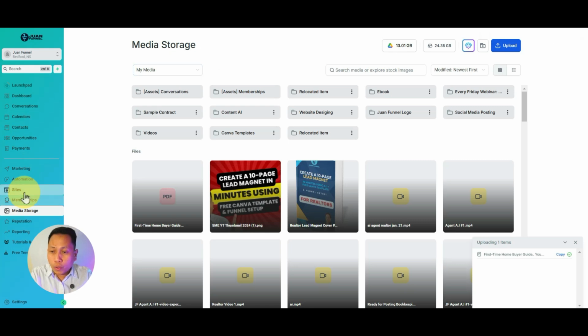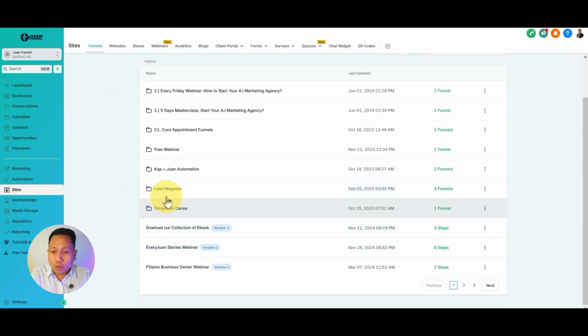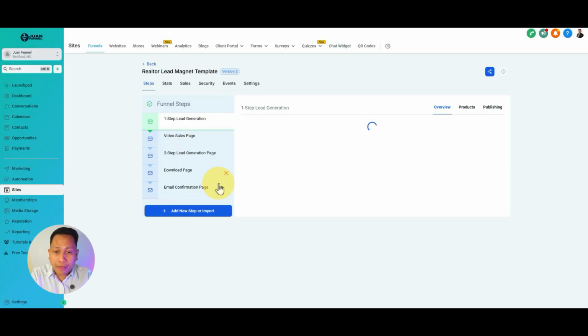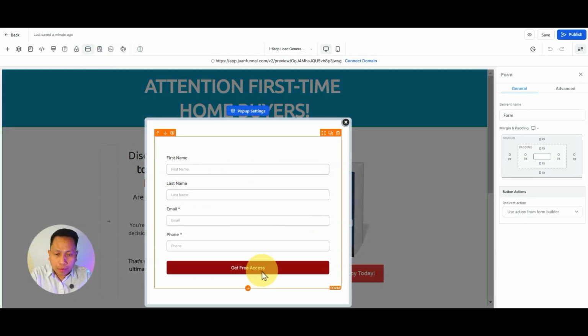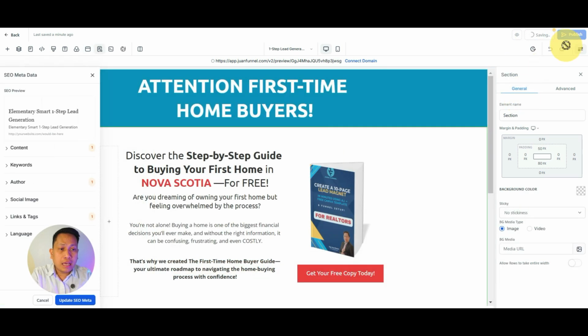Now what we're going to do is go back to the funnel and then go to our lead magnets here, Realtor, and then let's edit again here. After signing up the form, I want the customer or your client to be redirected to the PDF. Now click save. And now let's try.